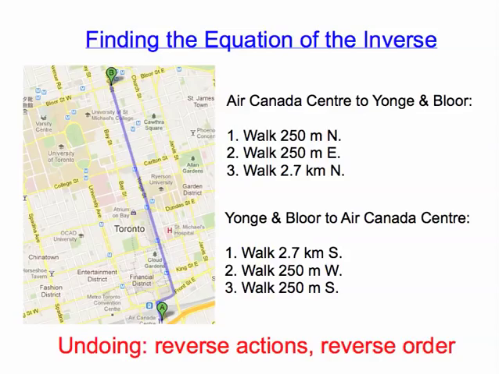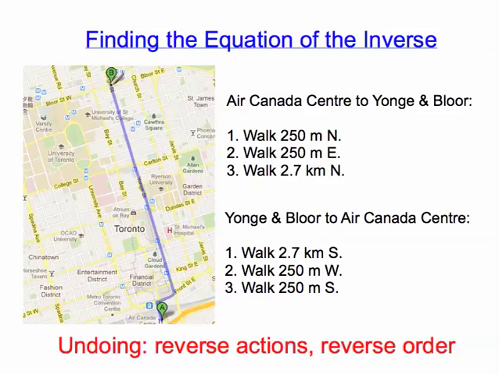If you were to give someone directions as to how to walk from the Air Canada Centre to Yonge and Bloor in Toronto, you would tell them walk 250 meters north, then walk 250 meters east, and then walk 2.7 kilometers north. Now, if you wanted to give someone directions to walk back from Yonge and Bloor to the Air